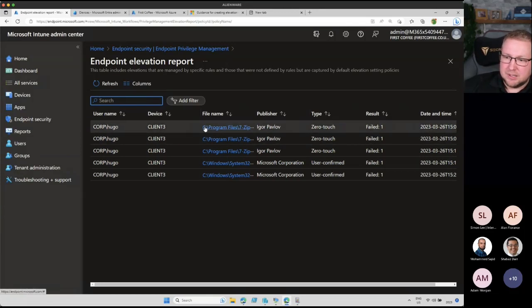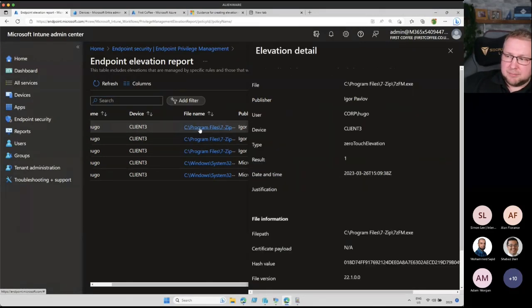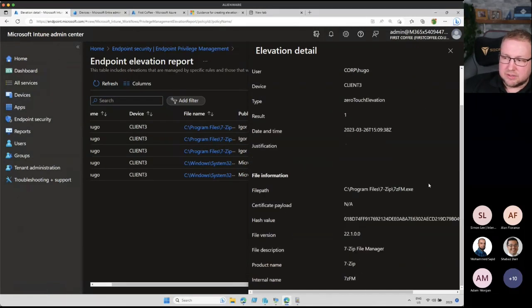We have the user who elevated, the client that they did it on, the file name that they elevated, 7-zip in this case, the publisher, whether it was user confirmed or automated, the date and time that it happened, and the result, apparently. When we choose the file name, we get additional detail around the file itself, and you can see it gives you the file path and file hash. So without having to do Get-FileHash, we can just take the hash value from the report. And that's where I say it's very easy to use